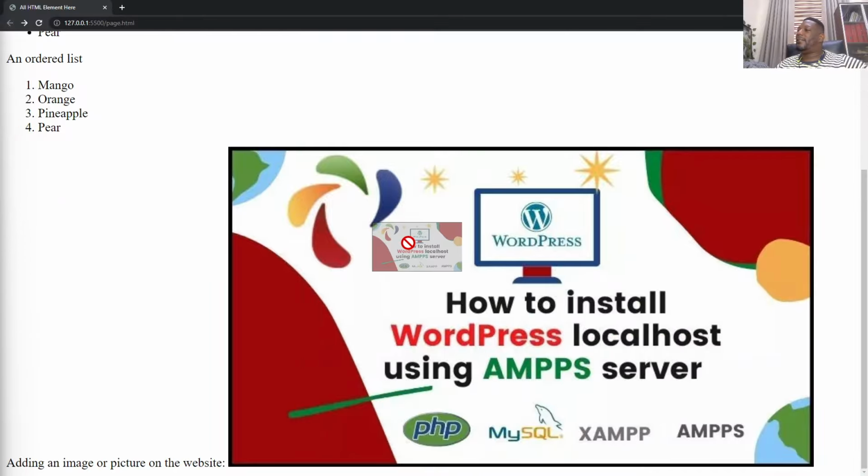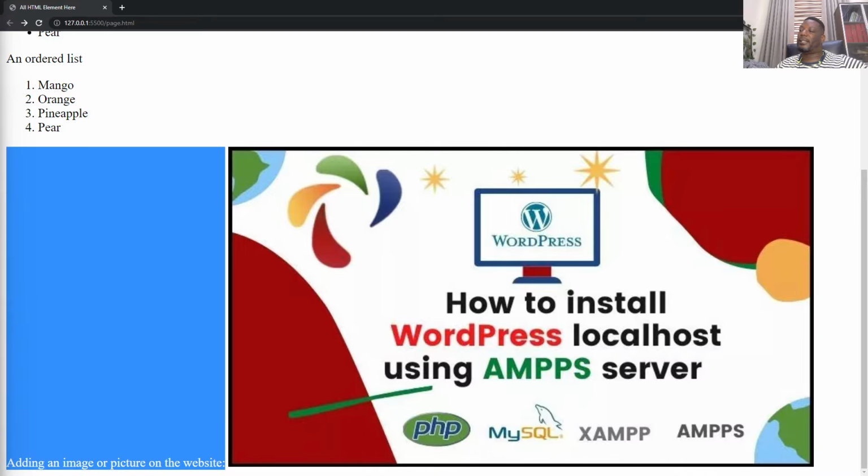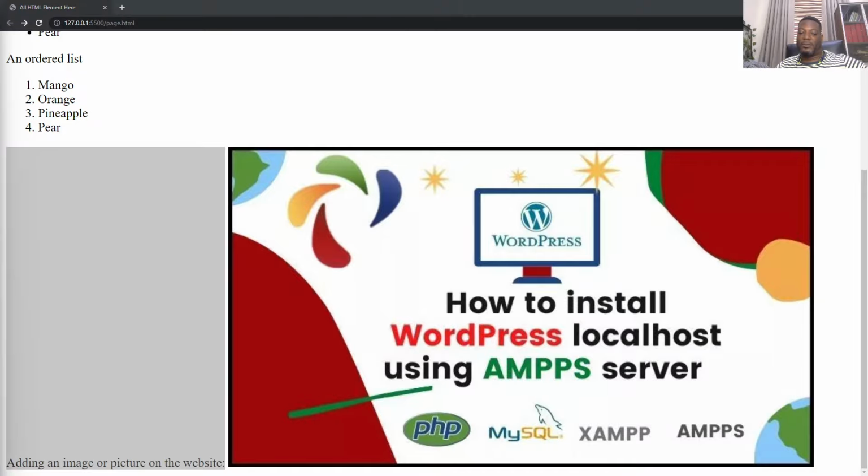All right, so you can see that at the bottom here it says "adding an image or a picture to the website." Then right after it, we have the picture. And what we have here is quite big. So I would want us to put the picture on a different line. In doing that, I'll put this whole text in a paragraph to make it easier for the picture to go to a different line. All right, so I'll go back again to my VS Code